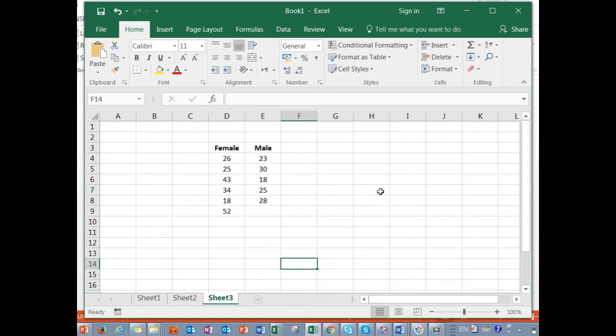Okay, so now we have this example in front of us, a small sample, a few female entries and a few male entries and their scores. So we want to check whether there is any difference between the two or not. When we opened,